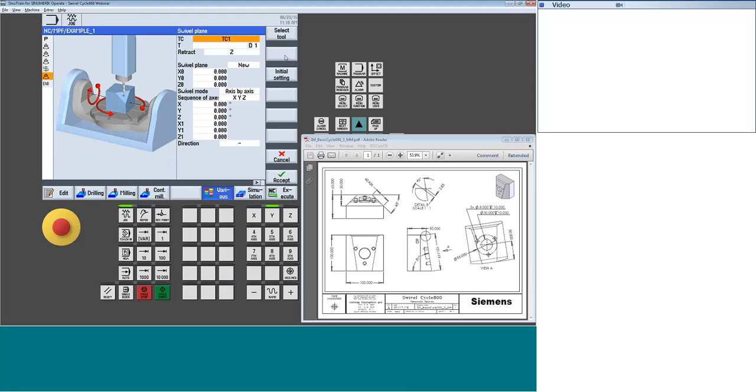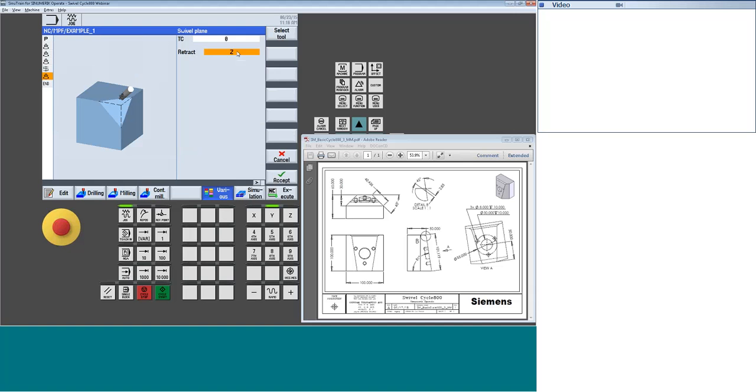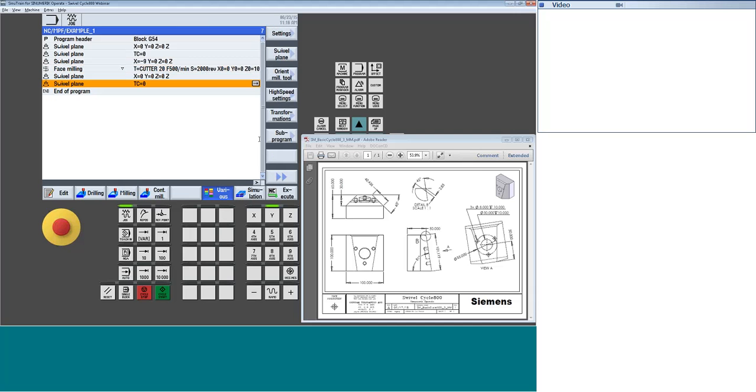I don't need to retract here because I'm already retracted. So I'm just going to let it move down in my part program as I go. That's a very typical shut off type of scenario I would see. So if we go to simulate it, we should start to see what it's going to look like to work